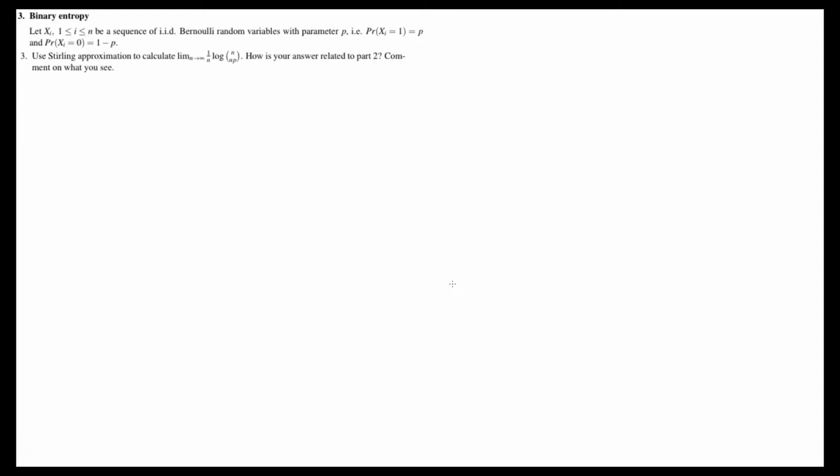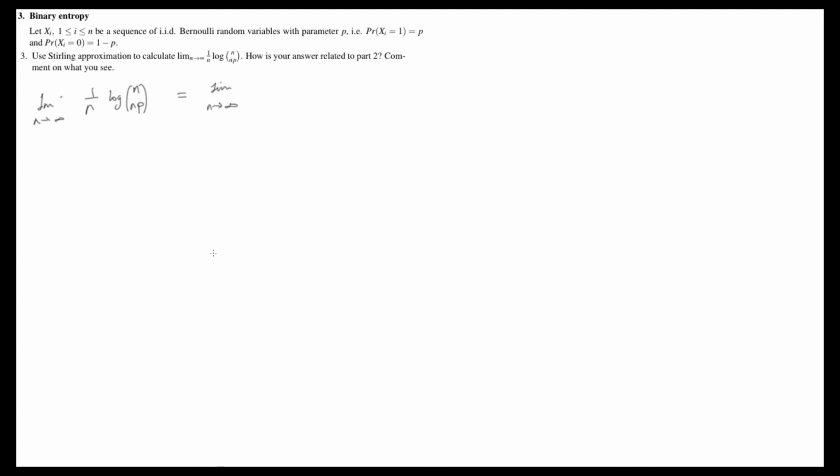Okay, so here we're using Stirling's approximation to approximate the limit as n tends to infinity of 1 over n times log of n choose np. We'll end up seeing that as n tends to infinity, this equals the same thing as we saw in parts 1 and 2, which is the binary entropy function. So this is equal to